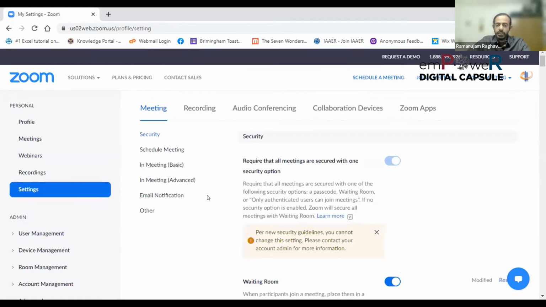Okay, I have enabled the polls. Now, how do I go about creating the questions? There are two different ways of creating the polls. One is if I am going through the web portal of Zoom and I go to meetings.